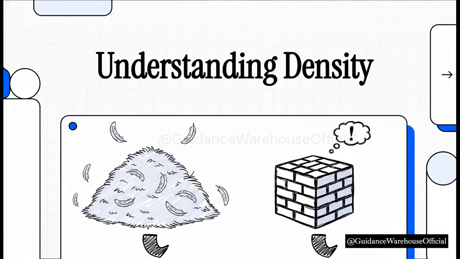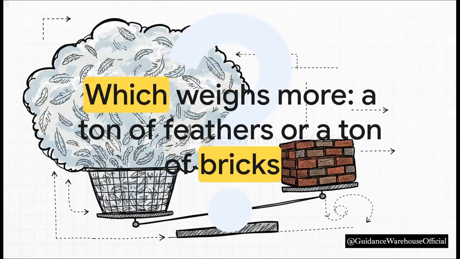Quick question for you. Which weighs more, a ton of feathers or a ton of bricks? Be honest, for a split second, your brain probably just shouted, bricks, even though you know better. A ton is, of course, a ton. The mass is exactly the same, but our intuition totally tricks us here because of a hidden, fundamental variable in